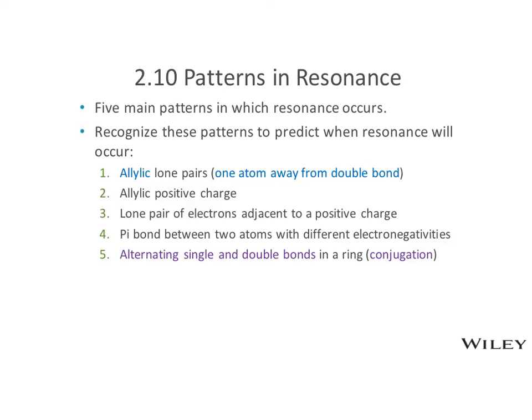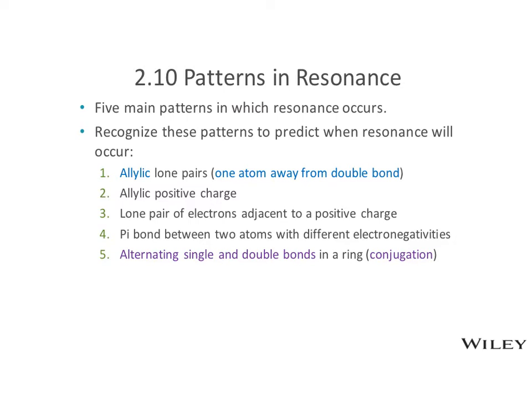So you could have 2 dots on the carbon adjacent to a double bond. Not on a carbon of a double bond, but adjacent to a carbon of a double bond. Or you could have a positive charge 1 carbon away from the double bond. And allylic doesn't only refer to carbon positions. You could be any 1 atom away from a double bond and still be in the quote-unquote allylic position, okay? So things that are in allylic positions, 1 atom away from a double bond, are often involved in resonance